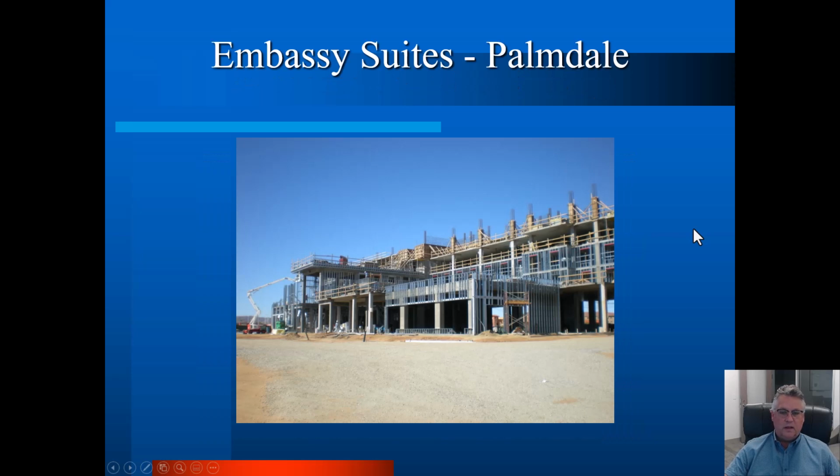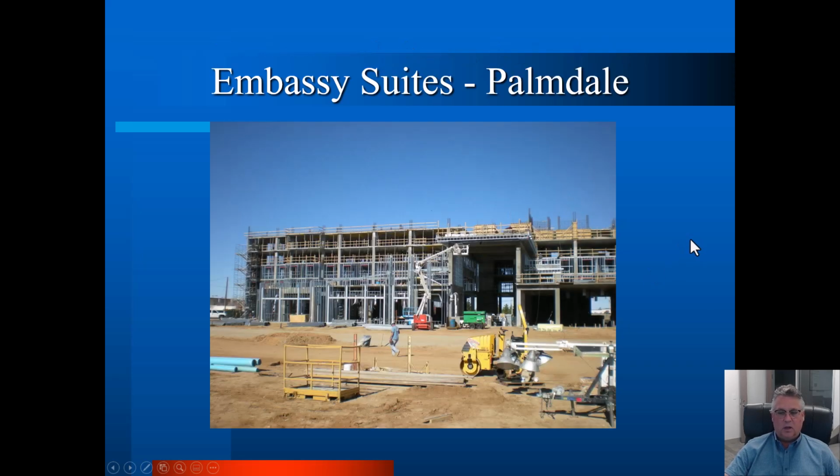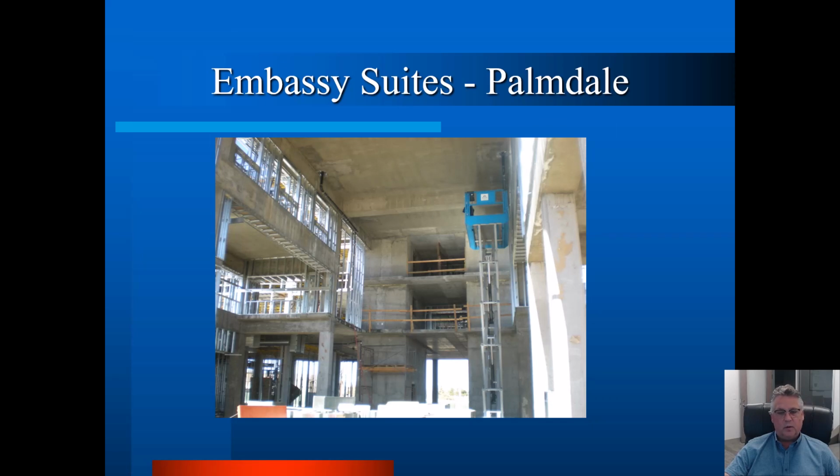So here's a hotel out in Palmdale. This was originally designed with rebar decks, 10-inch rebar decks. The entire front of this was designed in steel. And a concrete subcontractor brought it to us and said, hey, can you save money? And we redesigned the decks in post-tensioning, made them 7 inches thick. We took out all the steel in front and made it post-tension concrete too, which saved money. And again, it's all about money. Everything comes down to money. And we saved a lot of it on this particular job. So it was a fun job.